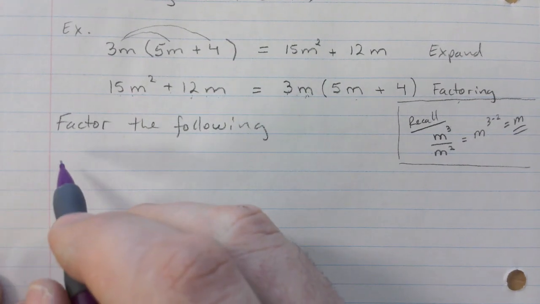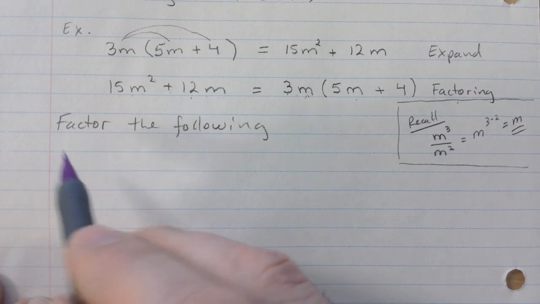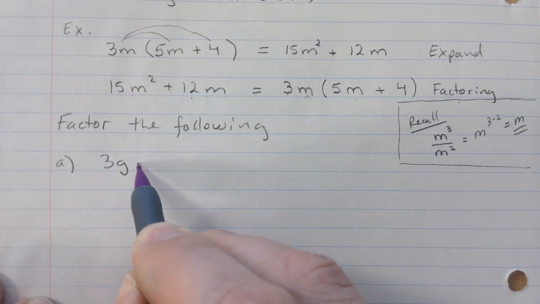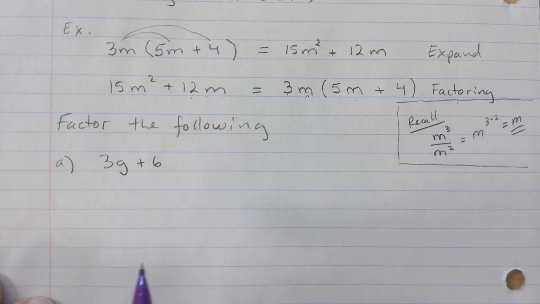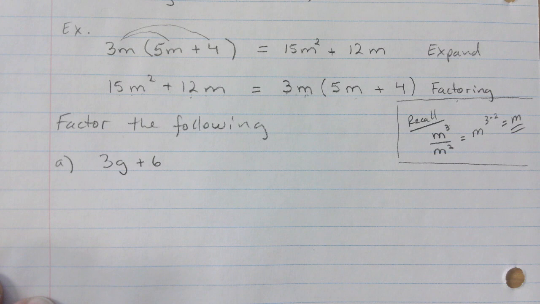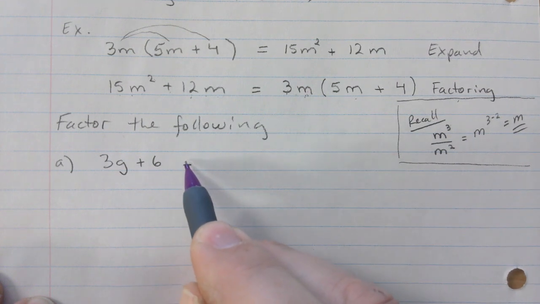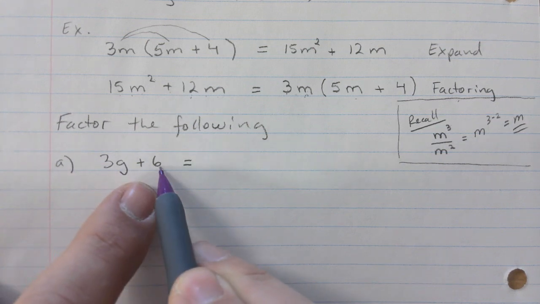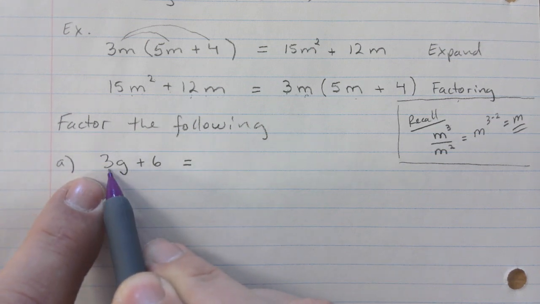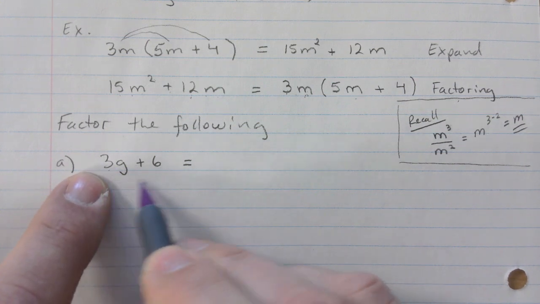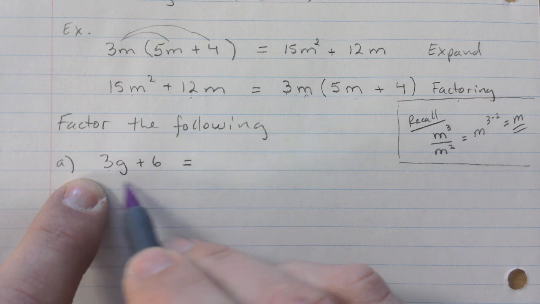Factor the following. So we're just going to do a whole bunch of questions here. Let's say you have 3g plus 6. If I asked you to factor this, how would you do that? This is a very starter example, right? So you look at the numbers. 3 goes into both of them, correct? So what we say is we're going to take out a 3